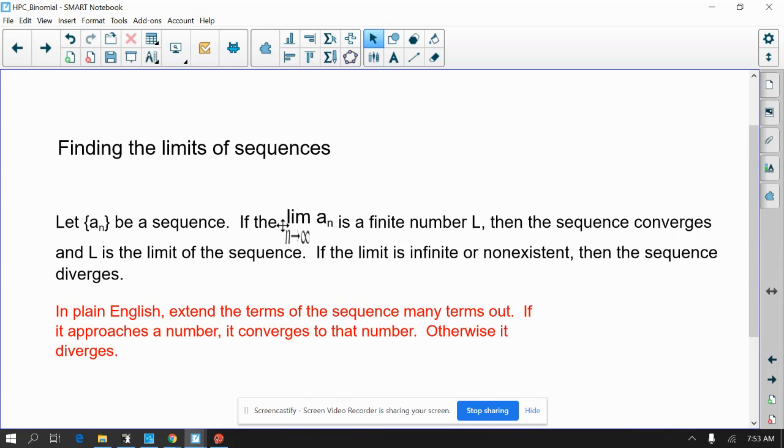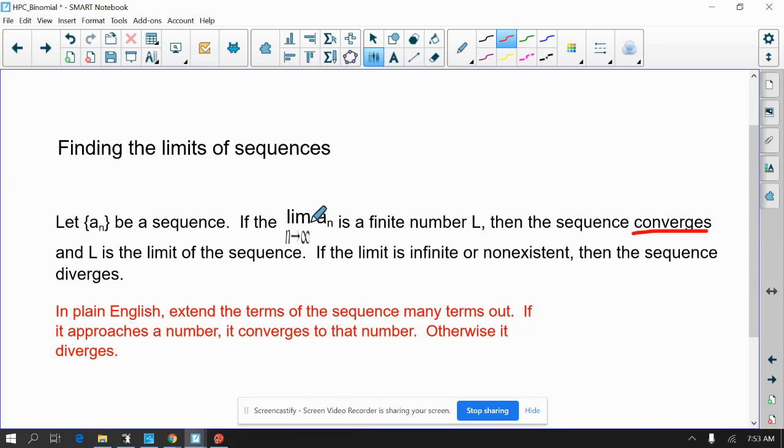So it only makes sense to talk about the limit as n approaches infinity, because remember, n is the domain, and n can never approach negative infinity because the domain is positive numbers. So if the limit is a finite number, and we just call that L, then the sequence itself converges. That's a vocab word we need to know. So converging means two things kind of come together.